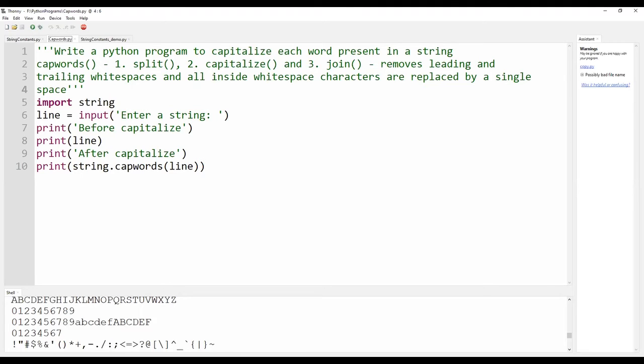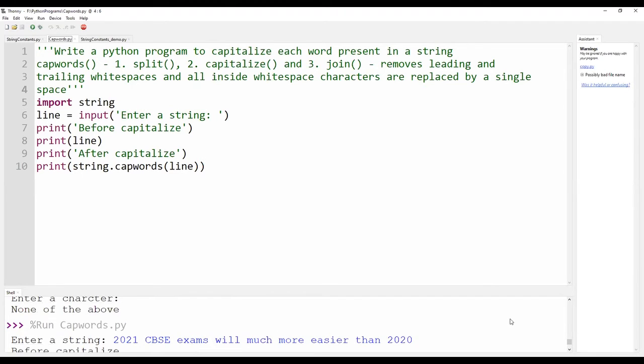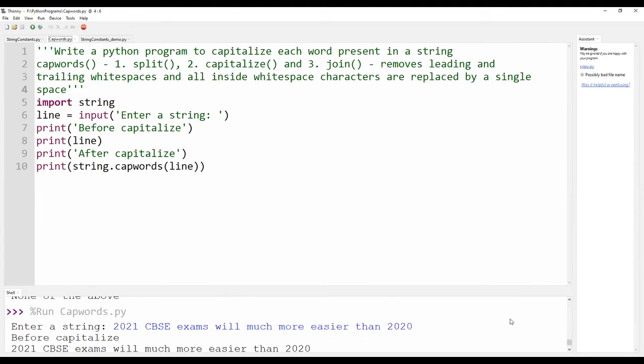I have run this particular program also. So now let us see. The capwords program has been run already. I have to enter a particular string. I have entered the string as 2021 CBSE exams will be much more easier than 2020.